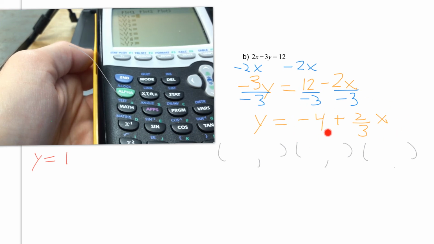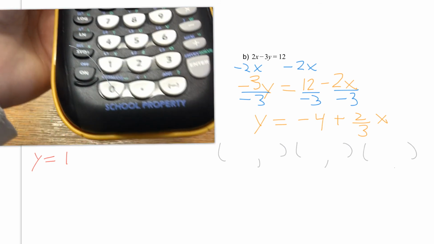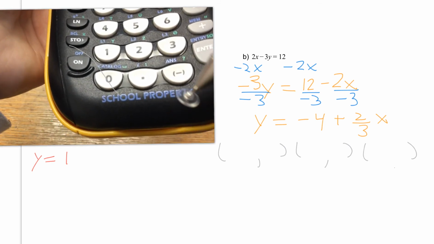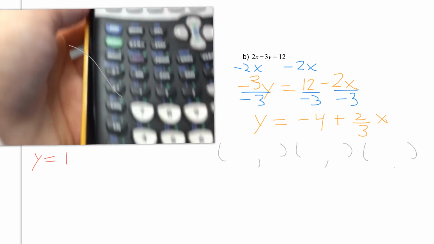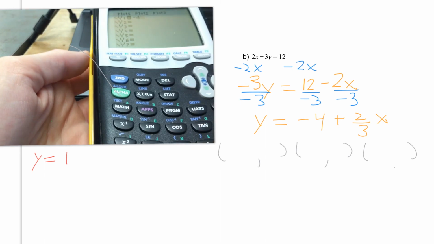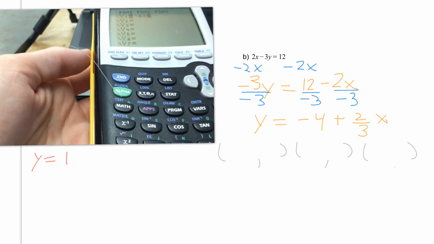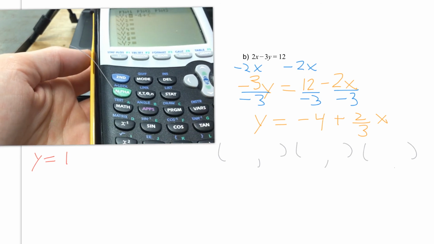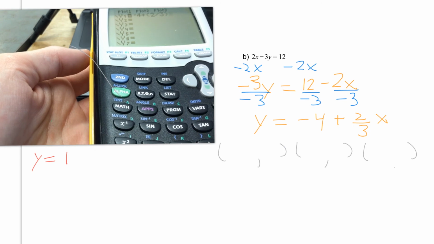When I type this in, you've got to be very careful on your graphing calculator that you are using the negative sign and not the subtraction sign. So let's hit the negative, and I want negative 4 plus, with my fraction, the 2/3, that must be in parentheses with a division sign. So 2 divided by 3, close that parenthesis,